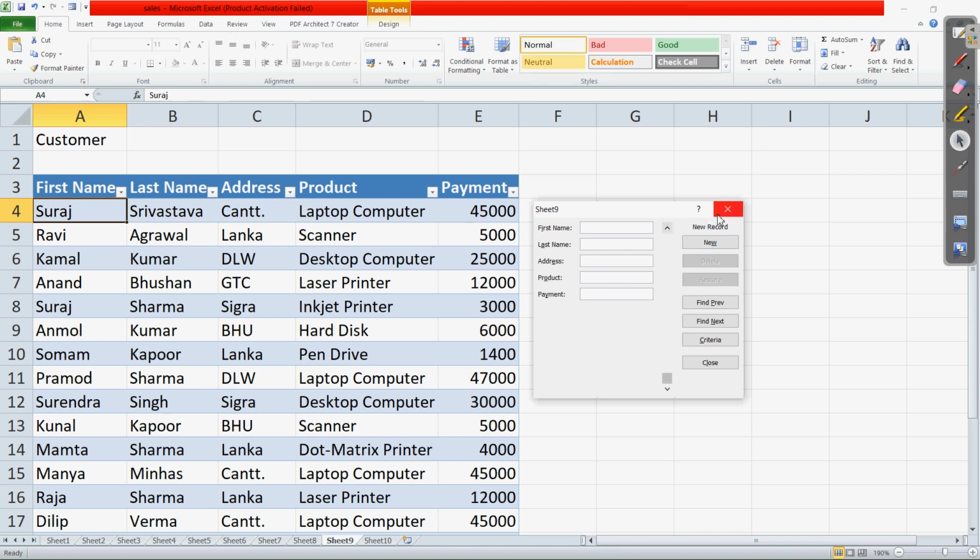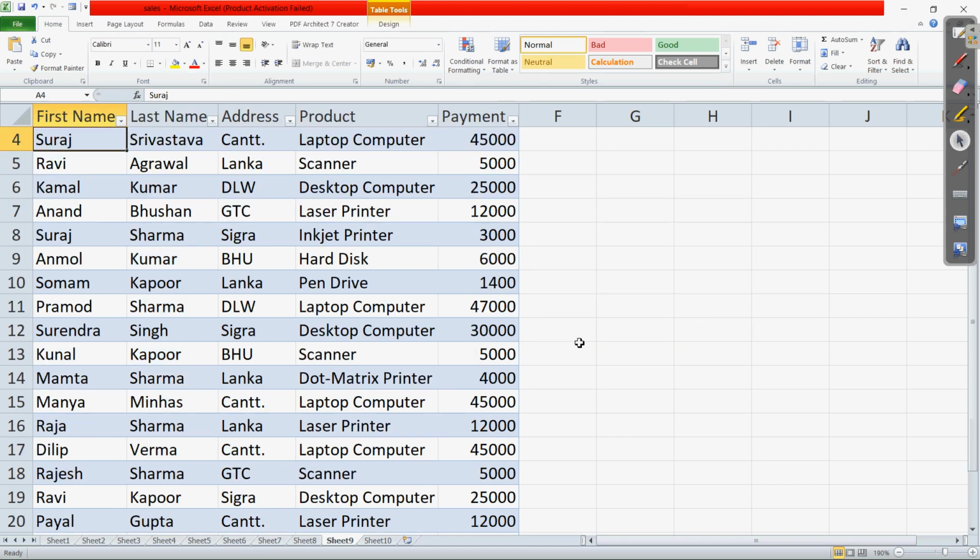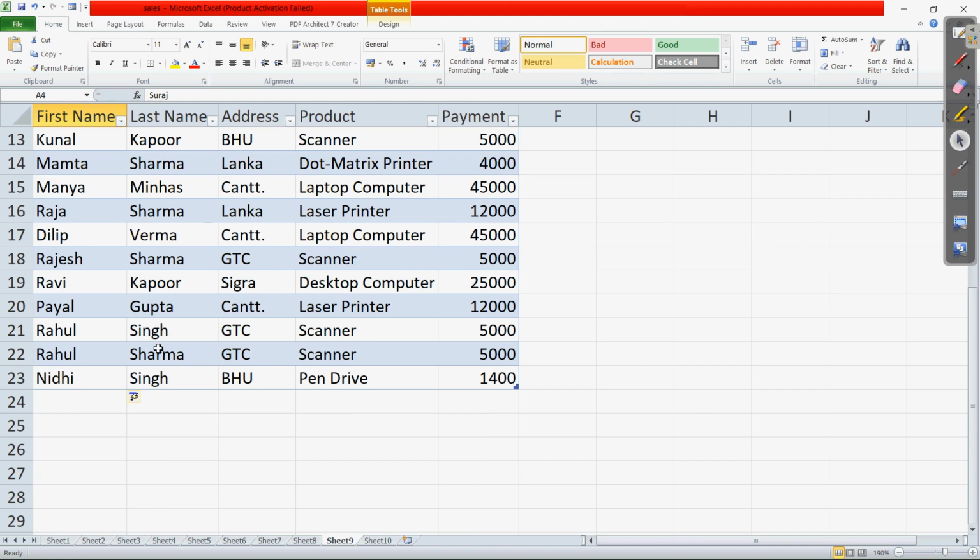After writing all these things, we can close this form dialog box. When you close, let us see what we have added. You can see at the bottom the new two rows. These are the two records we have just added. Clear? So this way we can add records using the data form. You can see how helpful this form is for taking input from the user. So this way we can add new records.